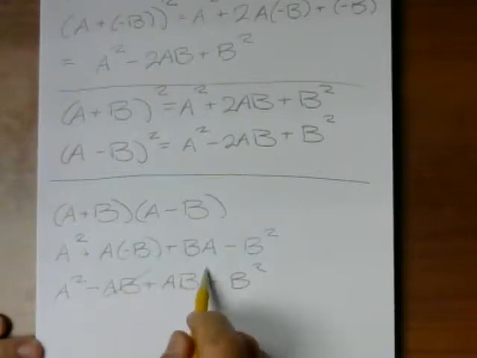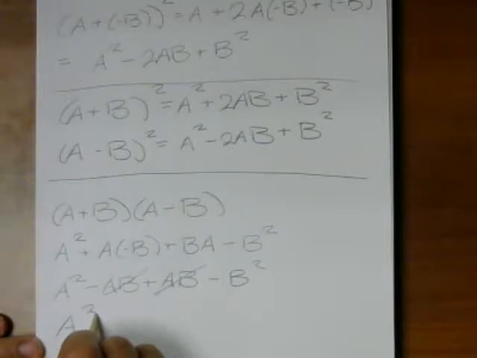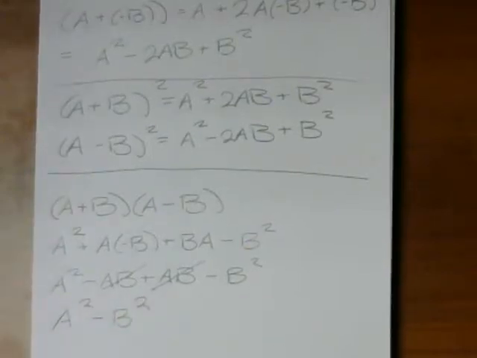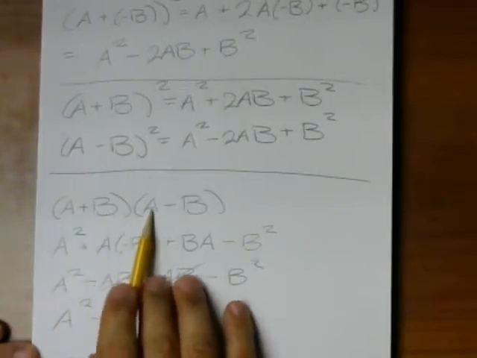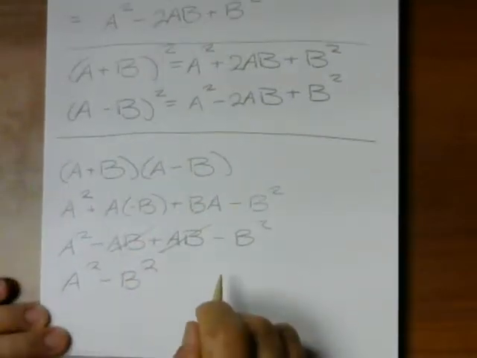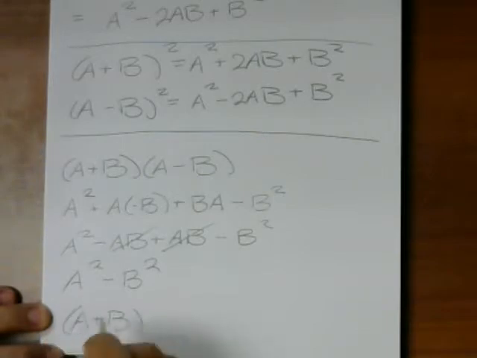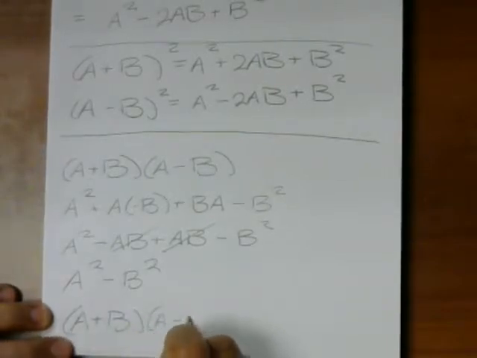And look, that simplified rather nicely down to that. So a plus b times a minus b happens to be equal to a squared minus b squared. So, very important rule for us to remember, maybe more so